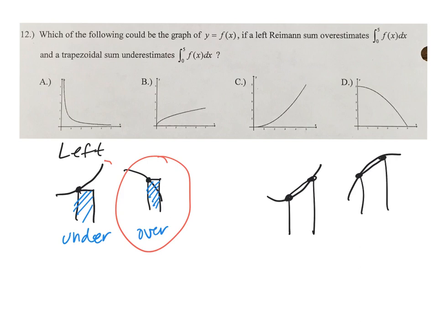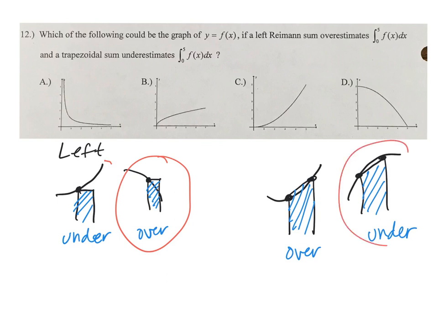So we can see that if the function is concave up, the area of the trapezoid would be an overestimate, and if the function is concave down, we can see the area of the trapezoid is an underestimate. Now, this problem was looking for one where the trapezoidal sum was an underestimate, so that means we want to look for a function that's concave down. So we're looking for a function that is both